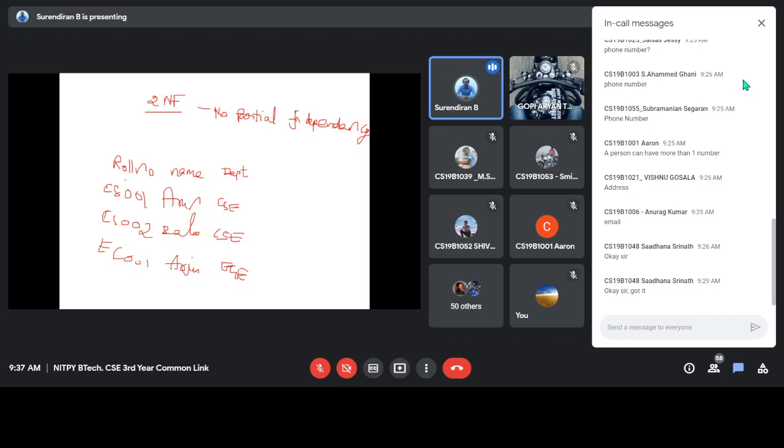Since the department should not be deleted, because if your department is getting a TC, then you should not delete the department easily. So in this case, department and roll number will form a primary key here.